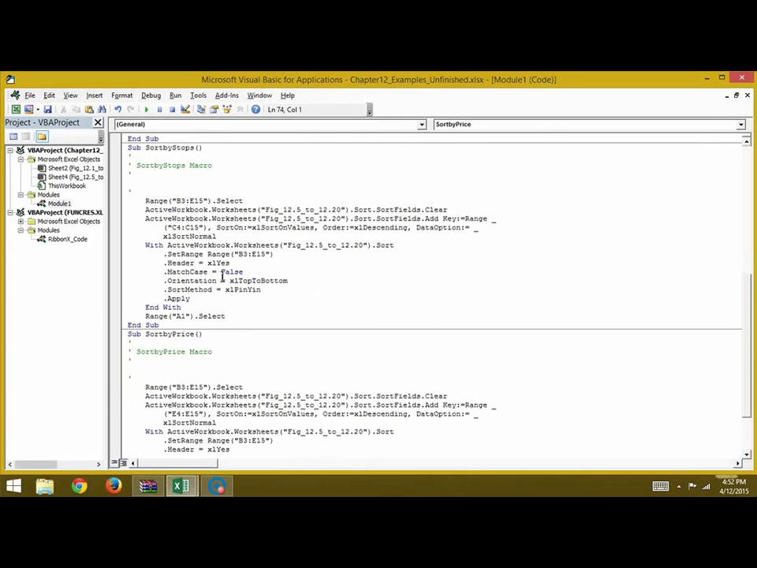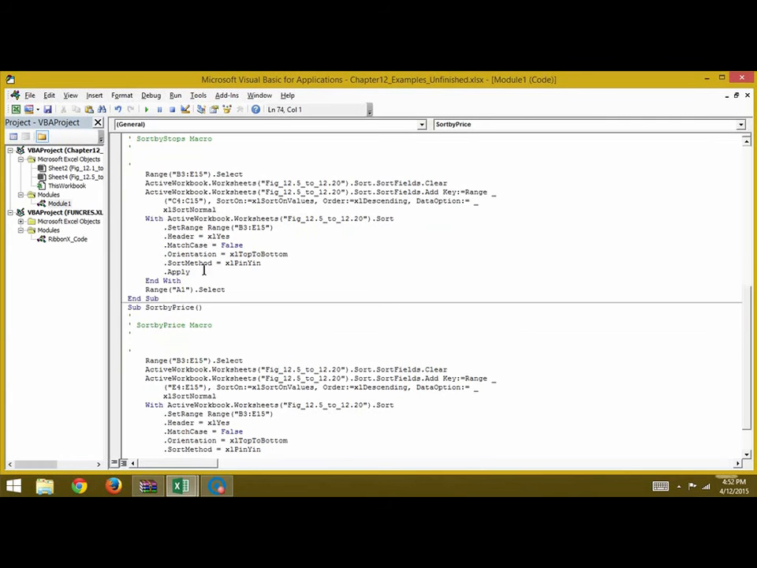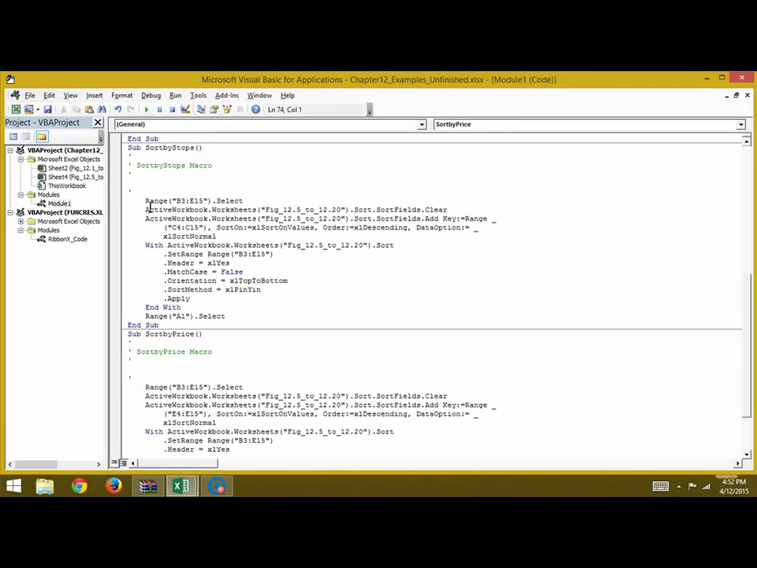So these are the codes here. So sort by stops and sort by price. You see it's first selected the range, then the active workbook, and then you have various functions here. You sort it, and then for the range, and then you apply it. So these, the header, the match case, which can be